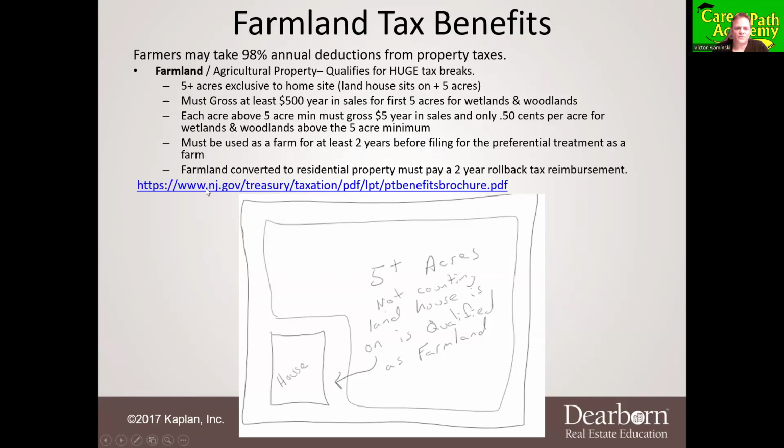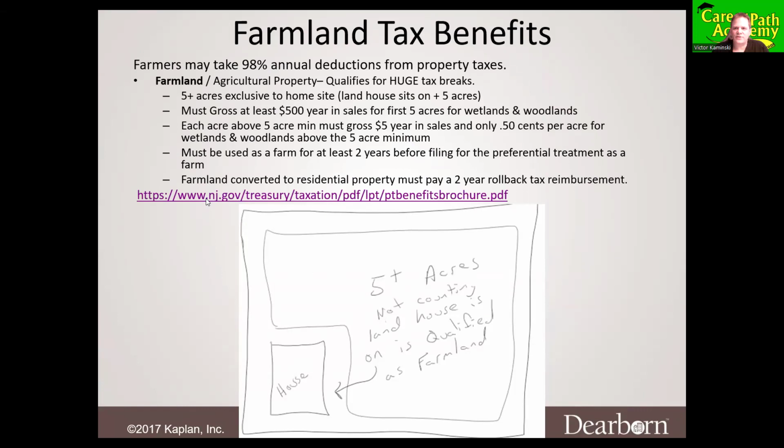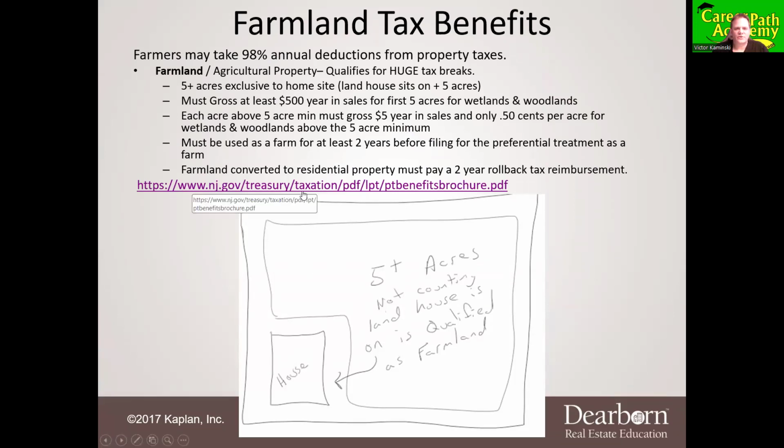A PT benefits brochure. Let's see, once again, that points to that senior thing and not the actual taxes all over. So that's a bad link now. All right. So this has nothing to do with that farmland anymore. This brochure used to have a link to all the different tax programs, but it just points to the one for the seniors now. So unless they fix that, I'm going to leave that up there temporarily for now, but right now, just know that has nothing about the farmland on it anymore.